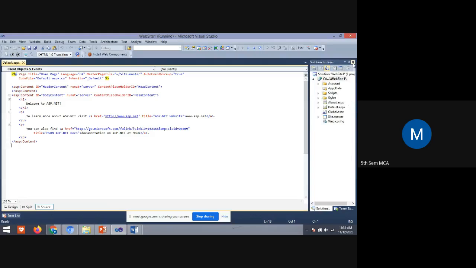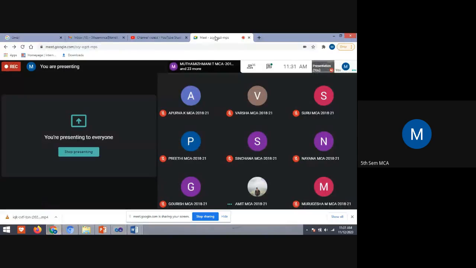No, it did not execute in a web page. So this is ASP.NET. Here we are using ASP.NET to develop a web application, so the output will be displayed in the web page.